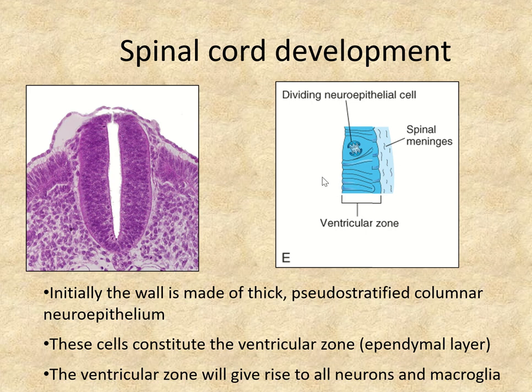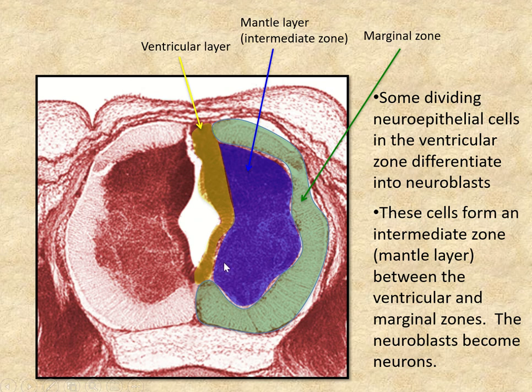And so this is from the textbook, and they show you that these neuroepithelial cells will start dividing, and at the beginning there really is just a thick layer of these neuroepithelial cells. But then what happens is that those cells migrate into other zones, outer layers, and here's the neuroepithelium inside. They call this the ventricular layer because it will line the central canal and ventricles at the end when these cells are finished with their proliferation. But essentially these cells are going to give rise to all the neurons that will stay in this more intermediate layer, and they will grow a bunch of axons that will extend into what they call the marginal